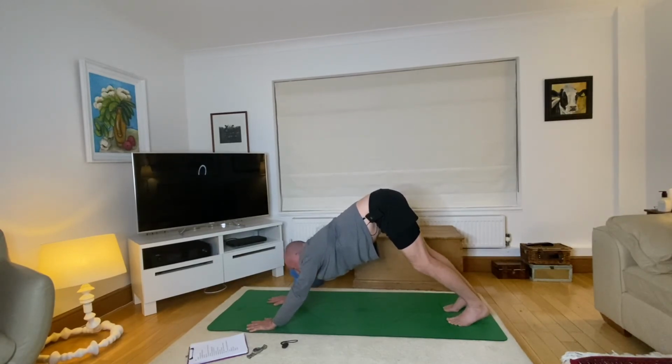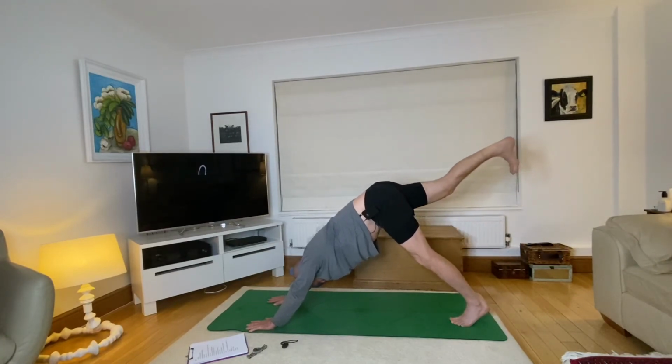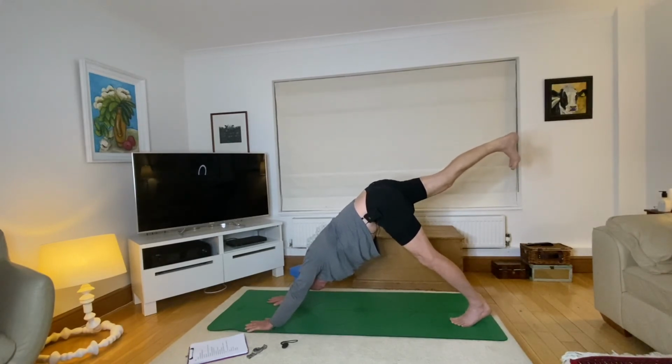And then bring the weight to the left leg first of all, lifting the right into three-legged downward dog, push the heel away, flex the foot, squeeze the right buttock. And then we're going to bring that leg all the way through into a low lunge,